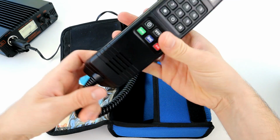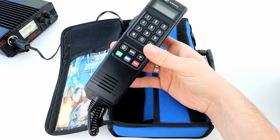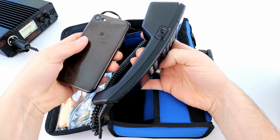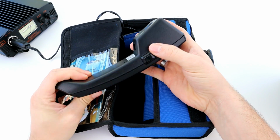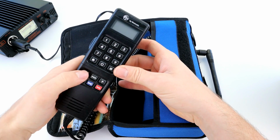So yeah, this is the handset itself. As you can see, it's a really chunky, big handset there. If we actually compare it to like an iPhone, you can see there's quite a big difference with what you actually get in the iPhone compared to what you get with this device. But for the time, this was quite revolutionary, and this was sort of the norm. So yeah, if we power this on,